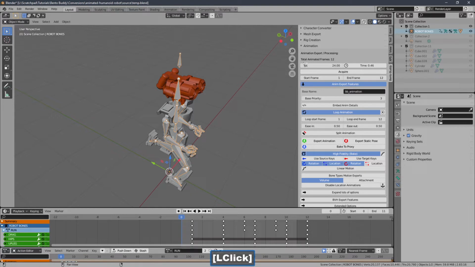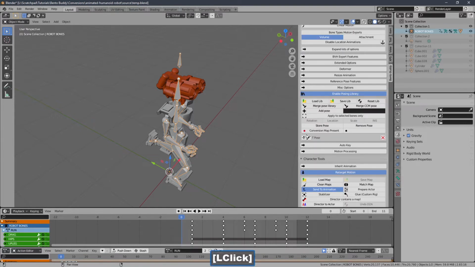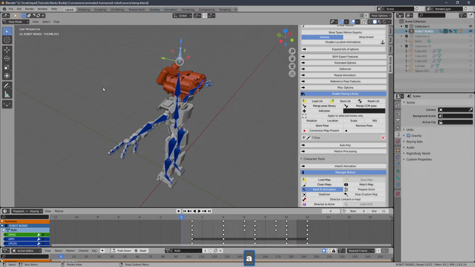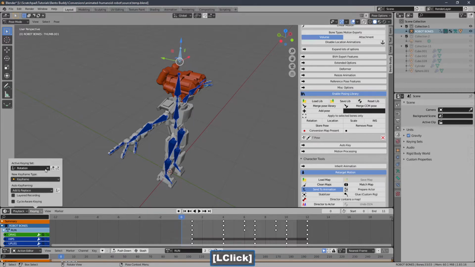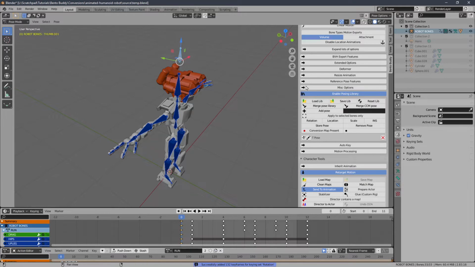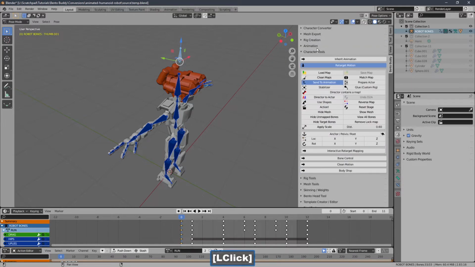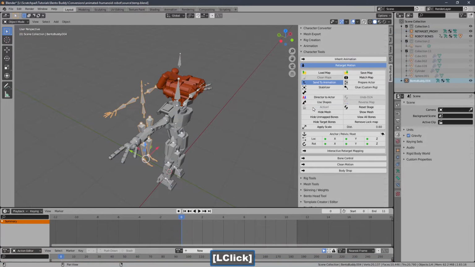And I need to go to my pose library, set the pose, go to pose mode, make sure all my bones are chosen, A, and key it. Now I can go to retarget, character tools, action,